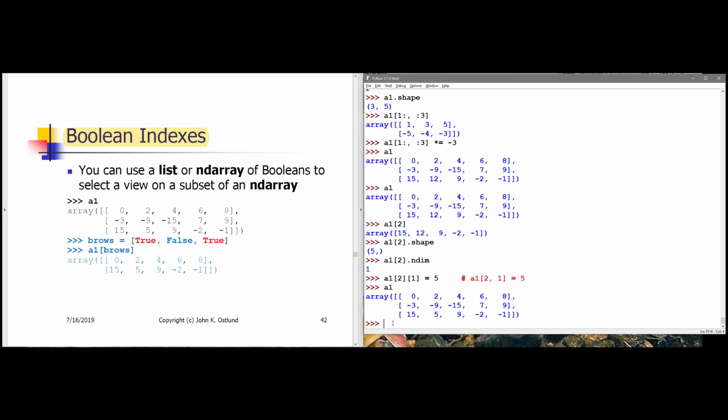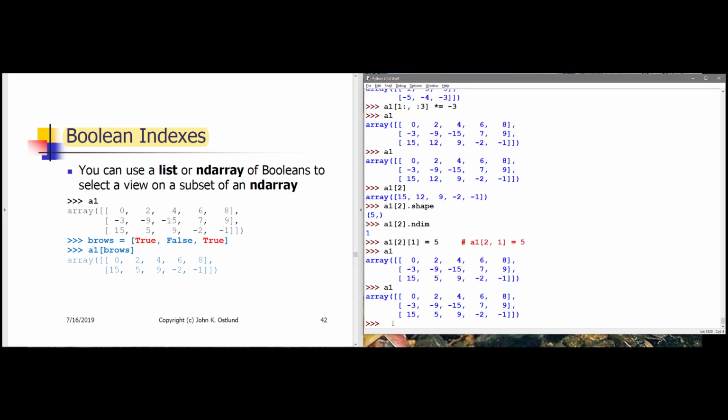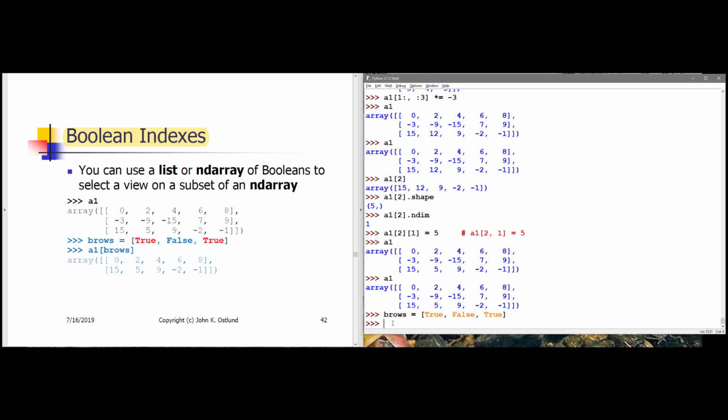For example, here we have A1 again on slide 42, and I'm going to create a list named B rows containing true, false, true. Now, I know that variable name looks like browse, but it's not browse. Trust me, it's B rows. And if I say A1 sub B rows,